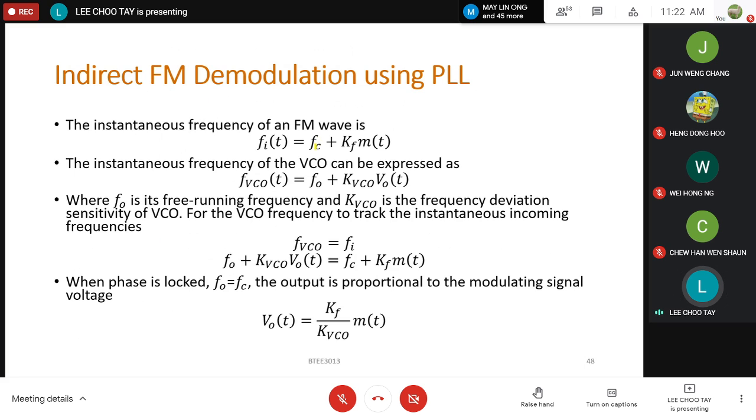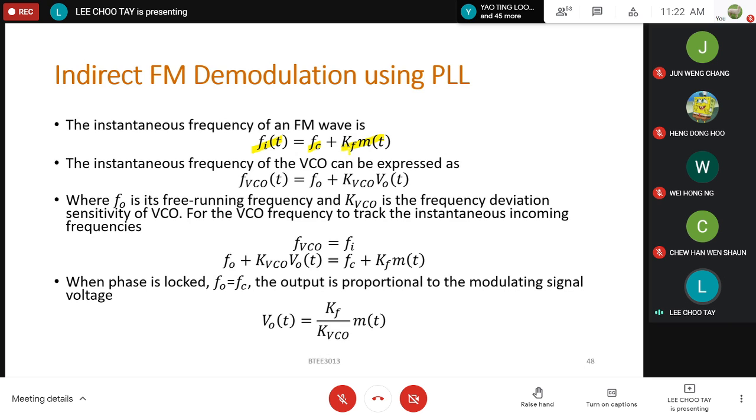Okay, so here there is some mathematical derivation as well as proof that the output signal is basically a form of your message signal. Here the instantaneous frequency of an FM wave is given by the carrier frequency plus the variation in the carrier frequency that is caused by your message, K_F m(t), where m(t) is your message and K_F is your frequency sensitivity